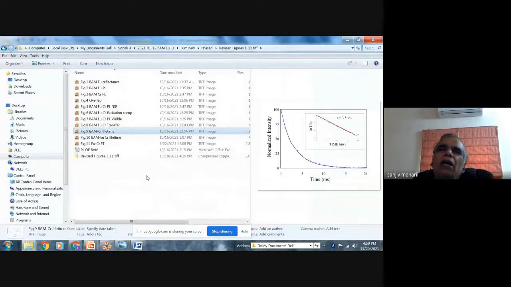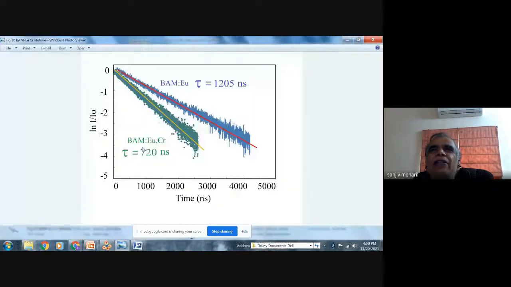Now, in the millisecond range, we can plot the lifetime in the apparatus available at Nagpur itself. But if it is nanosecond or even microsecond, then we have to take help from outside, either at IIT or Pune University or Delhi University, and then we get, yes, this is the lifetime for the europium. So these measurements I have taken from Pune.